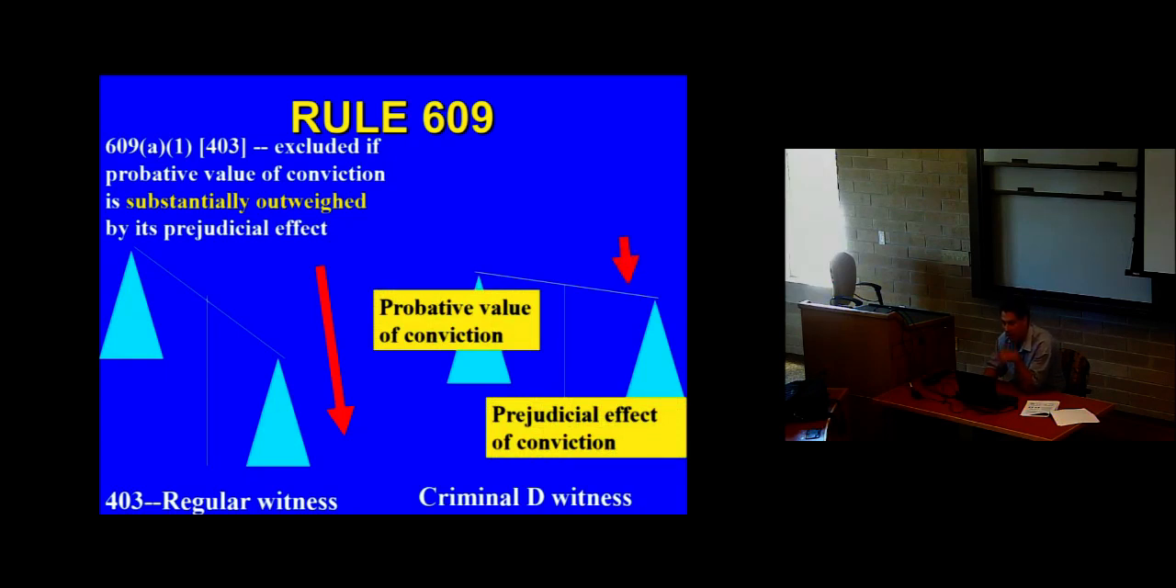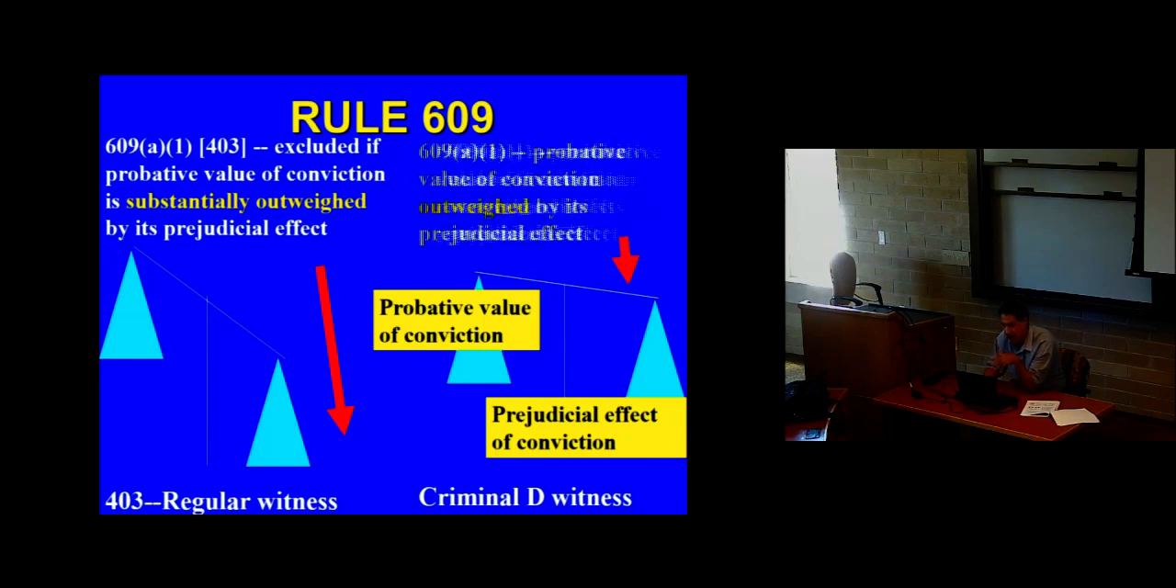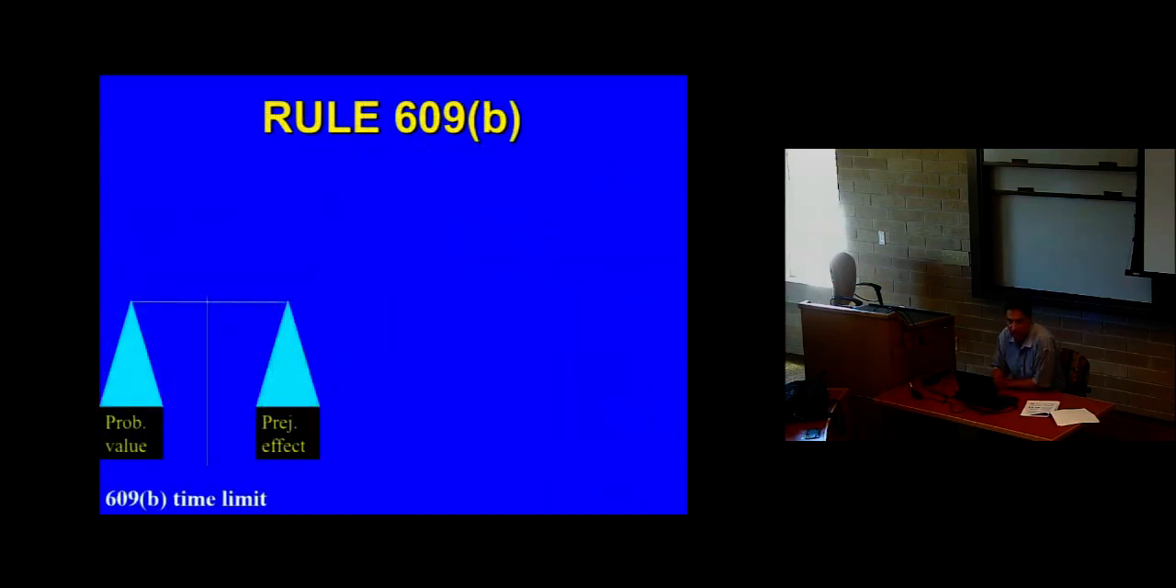Even that little outweighing, even if it's the same, it's going to be admissible. So the probative value of the conviction is admissible unless it's even with or outweighed by its prejudicial effect. So here, where it's outweighed by its prejudicial effect, it's going to be inadmissible. Compare and contrast this to Rule